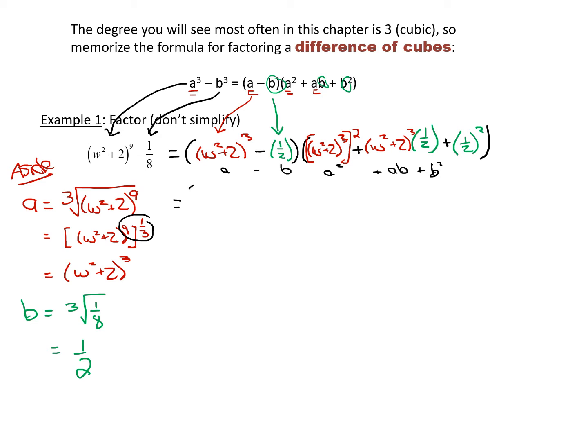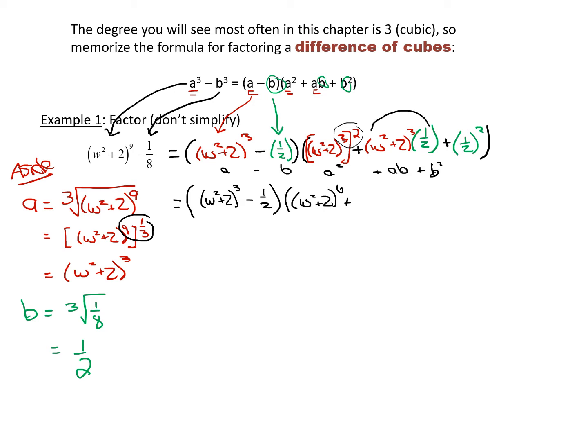So I'm going to leave my bracket here, and my A is the same. W squared plus 2 cubed. I'm not going to expand that out and figure out what it is. Minus 1/2. There's my first bracket. My second bracket is W squared plus 2 to the power of 6. So I'm going to put these two together. W squared plus 2 to the power of 6 plus, and the only thing I'm going to do here is